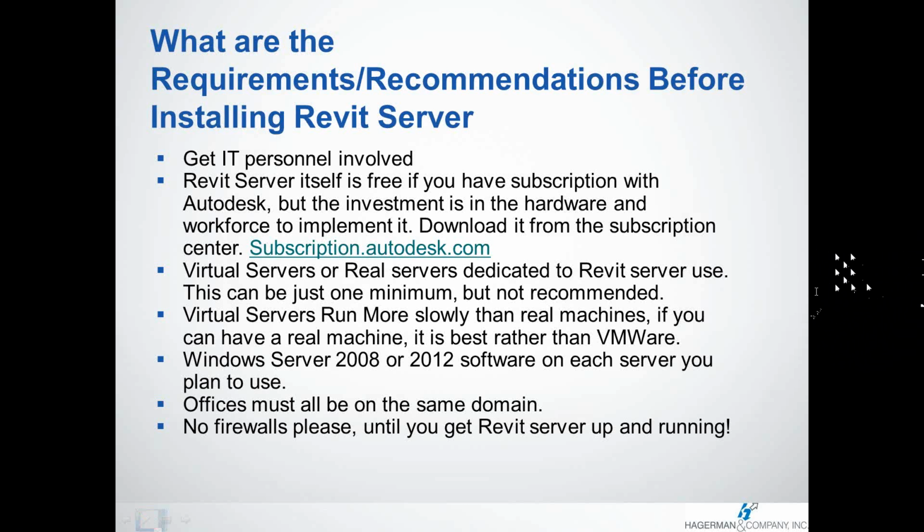Have a dedicated machine just for Revit Server, because you might have to shut down the server and restart it for whatever reason, and it will make it a lot easier for the users. So just allocate a separate VMware session for that installation with Windows Server,